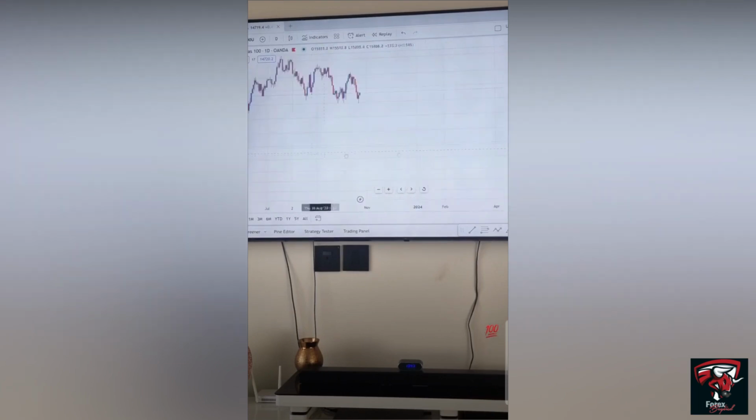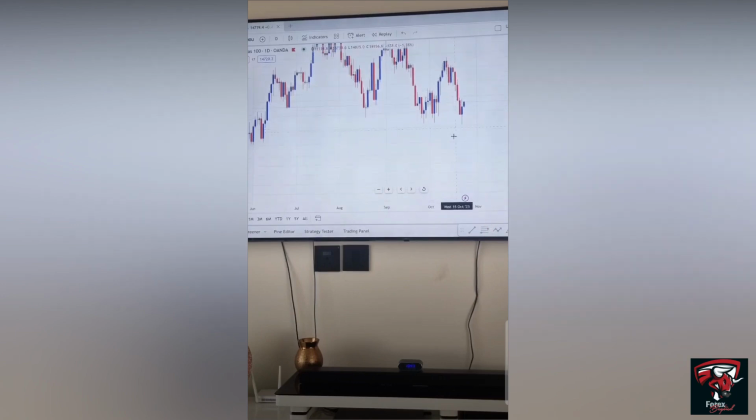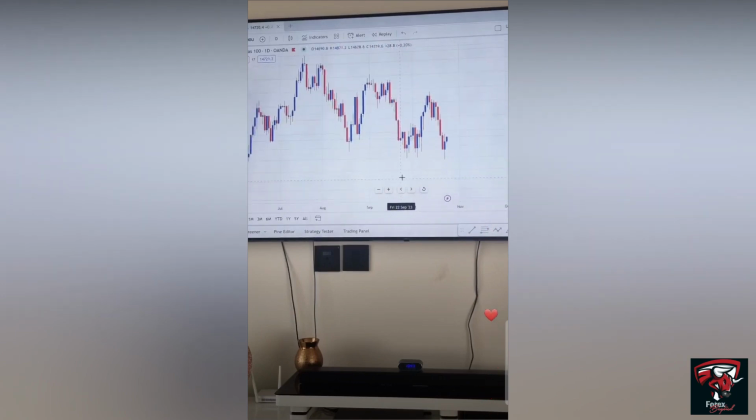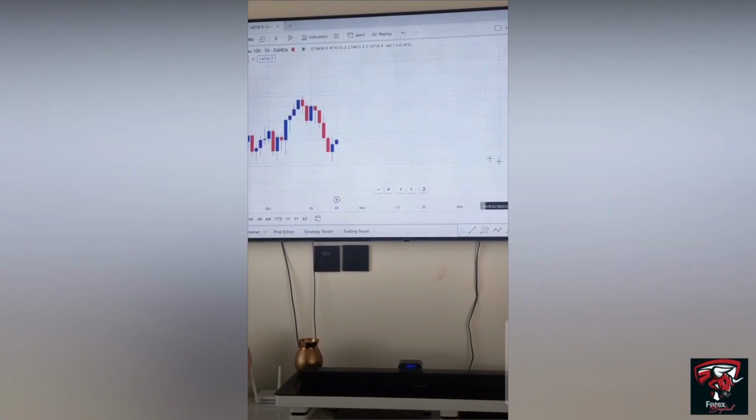Okay. So one must just understand the market cycle, right? So we are obviously making lower highs and obviously lower lows. We are in a downtrend, okay? Or at least a minor downtrend for now. So now we look at